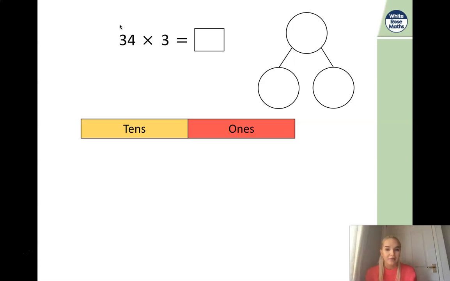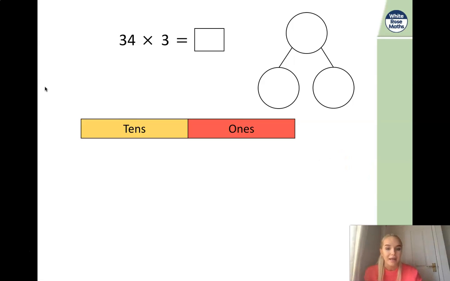We've got a calculation here, 34 multiplied by 3. Now, can you pause the video and have a think how you would work this out, please? Off you go. Okay, you might have worked it out using place value counters. You might have used our part whole model here, which has given you a bit of a clue. But a way that you might not have worked out and a way that you could work it out is